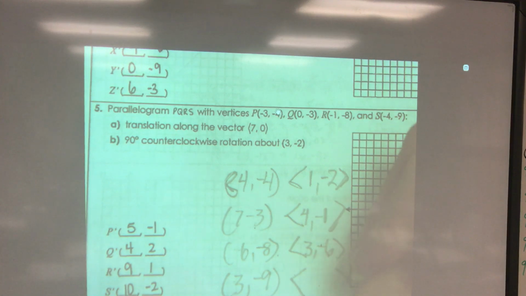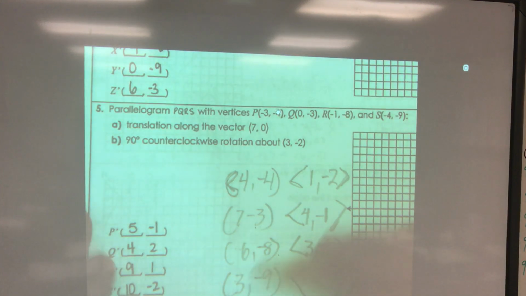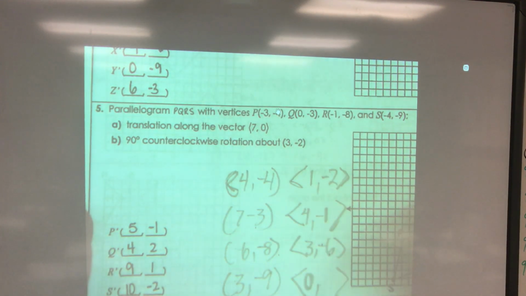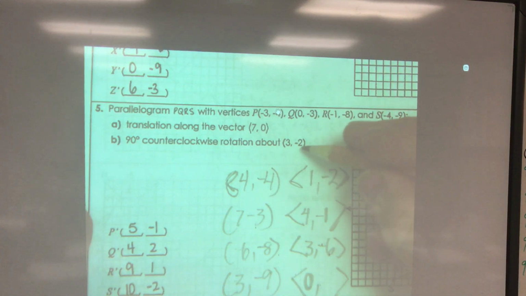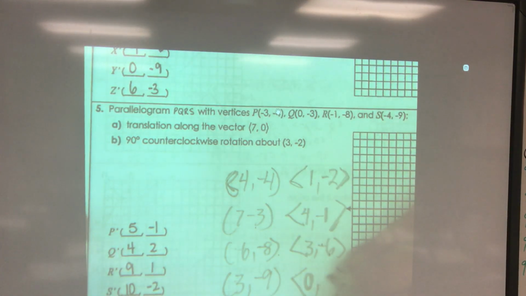And then the next vector, make sure that you can see it. It's going to be from 3 to 3 is 0, and -2 to here, it went down